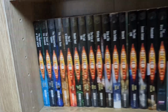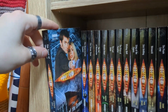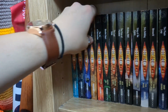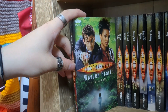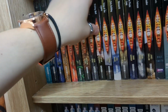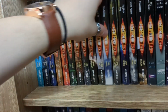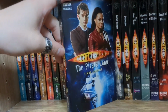Continuing with the BBC books, we have Nightmare of Black Island, Feast of the Drowned, Resurrection Casket, Stone Rose, Art of Destruction, Wooden Hearts, Last Dodo, get back in there, Price of Paradise, Wishing Well, Sting of the Zygons, Sick Building, Wet World, The Pirate Loop,